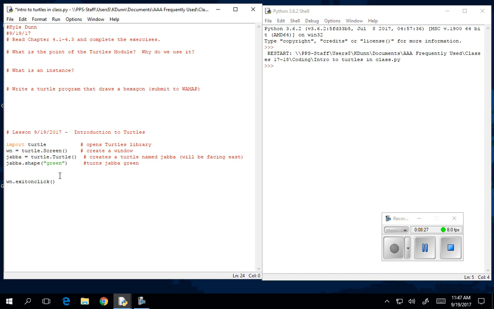Oops, not shape. I said that's if I'm doing color. I should say shape here. I want him to be a turtle. There we go. How about that? Turns Java into a turtle icon. That's right. I know it exactly. All right. So I'm going to turn him into a turtle, and now I'm going to color him